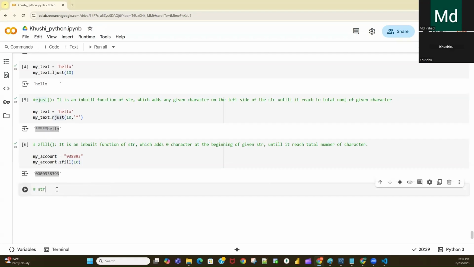Now the next function we have is the strip function.